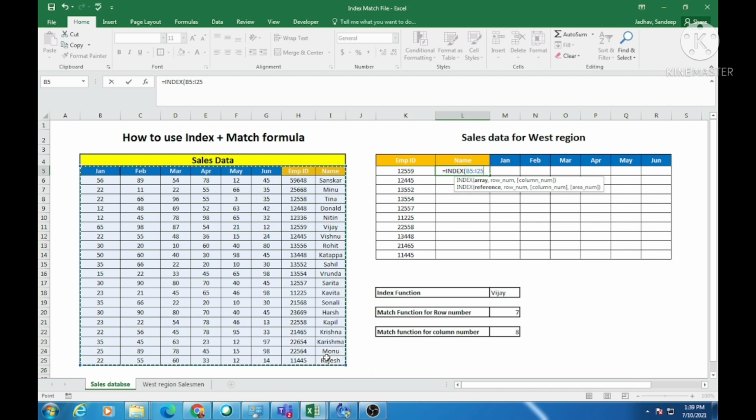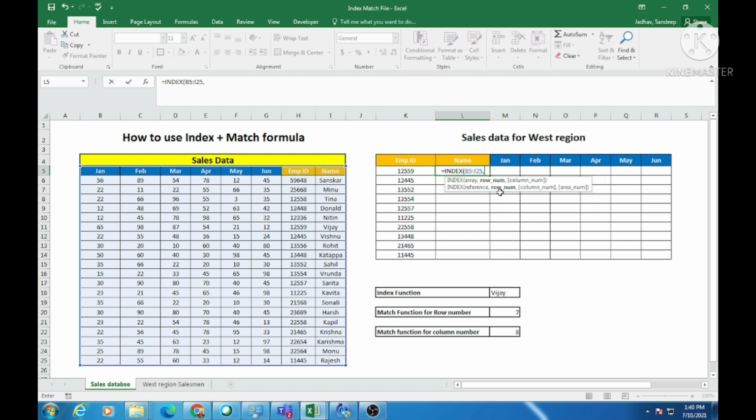I'm not locking the cell because I'm showing you in one cell how it can be done. Then we'll be putting the formula in one cell and copying it to the rest of the cells. At that time we'll learn how to lock, when to lock and how to go about it. So the array I have given to it,